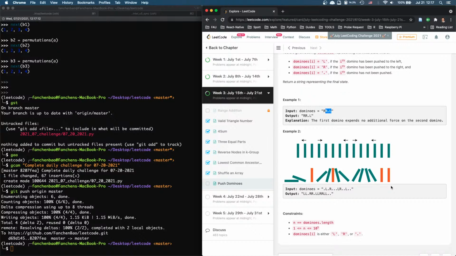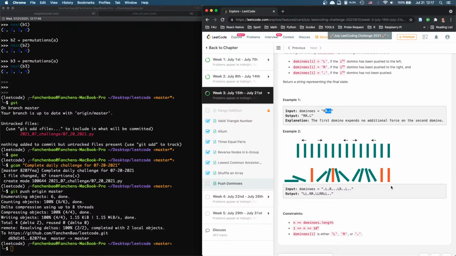So we have an initial state, and we want to find the final state, right? So if an initial state is stands still, then they do not move by themselves. They have to be moved by others. So we look for the left and the right. And of course, when we look for the left and we look for the right,